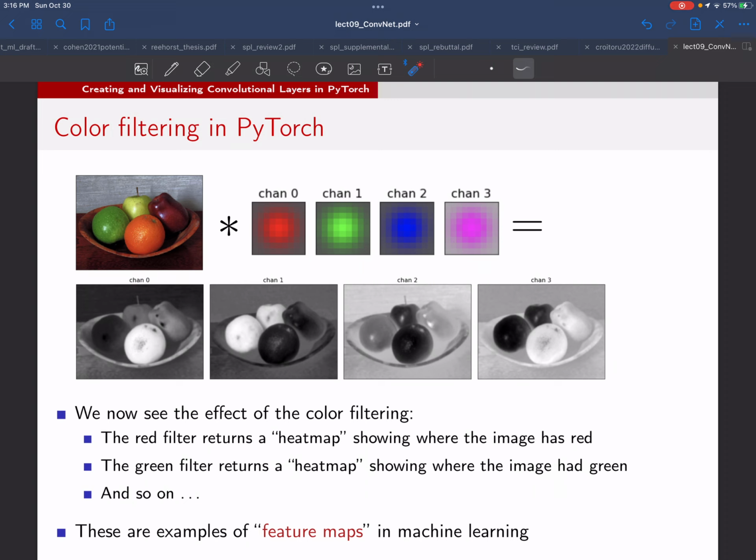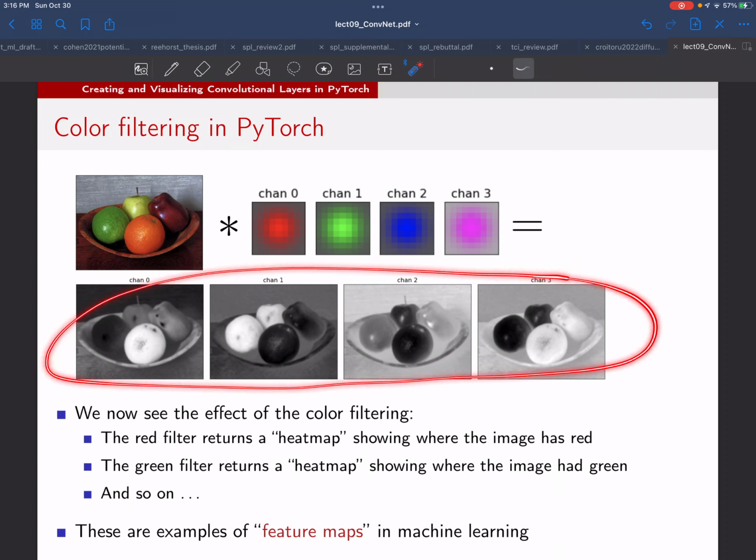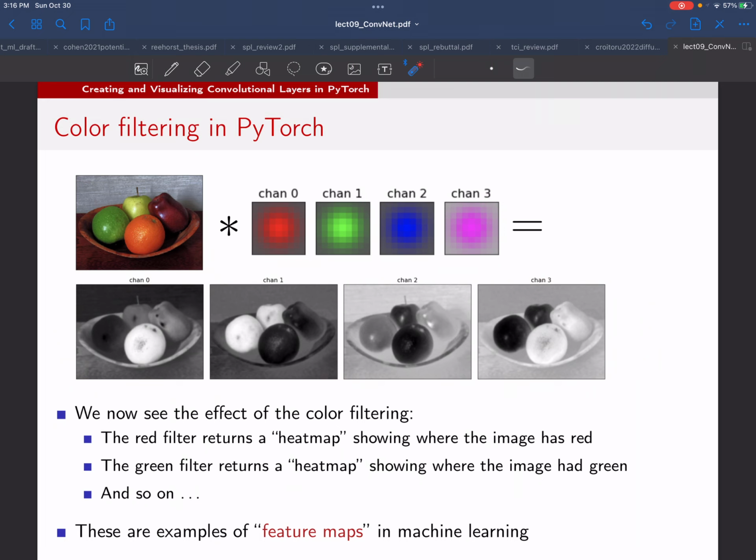As a human, we can't really view these all together. We can only see things in 3 colors. But there are many animals out there that can see more than 3 colors, and it's just a particular limitation that we humans have. All right, so